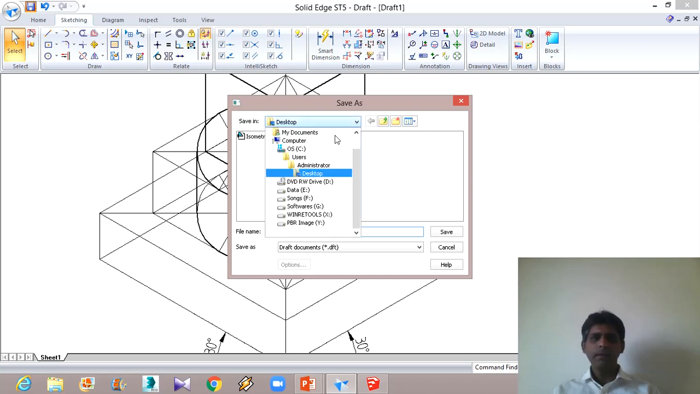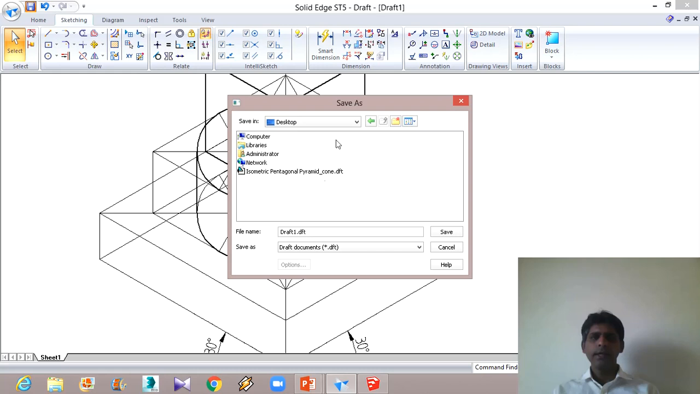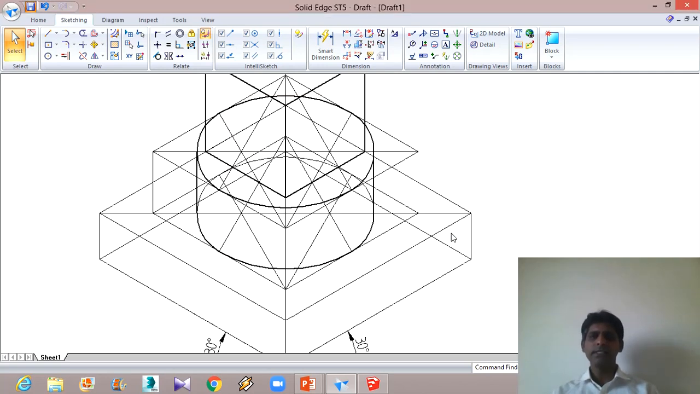So first we will save the drawing, and I will save it as isometric projection, combination of solids. This is the second problem on combination of solids, and I will save it. Next,